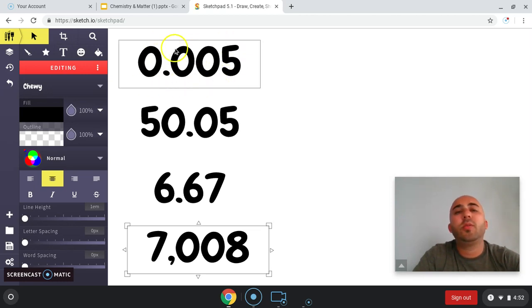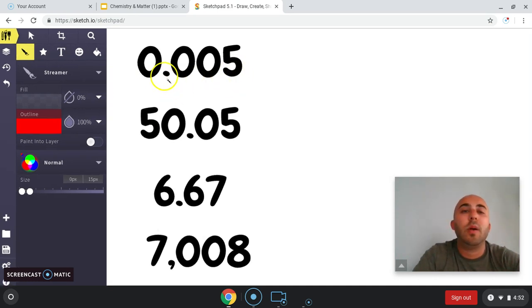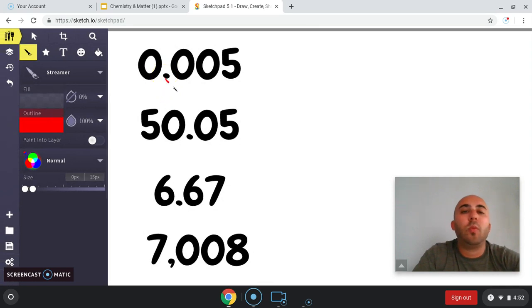Now, if I wanted to express this in scientific notation, the first thing that I would need to do is move the decimal point. So how many times would I have to move the decimal point? Well, I want to make it so that I have only one number in the ones column. That means I would have to move the decimal point 1, 2, 3 times, which means I would now express